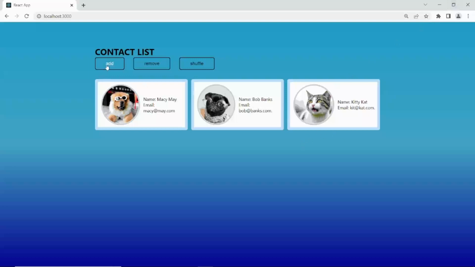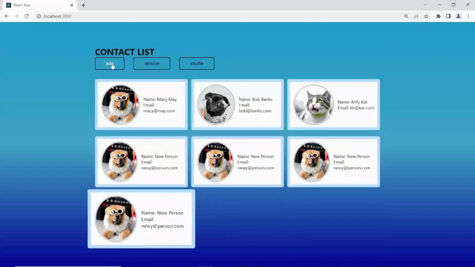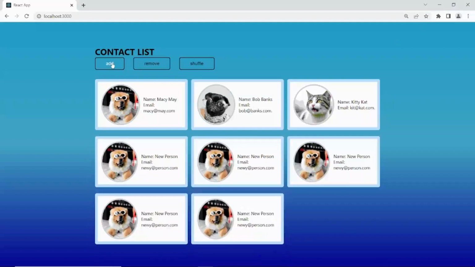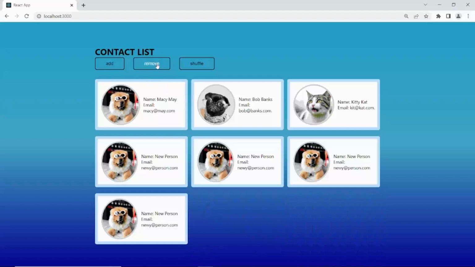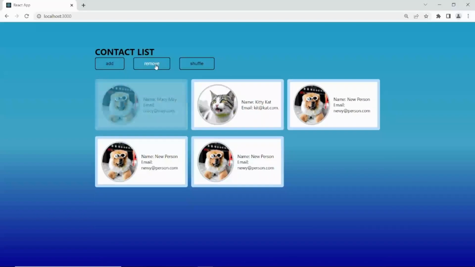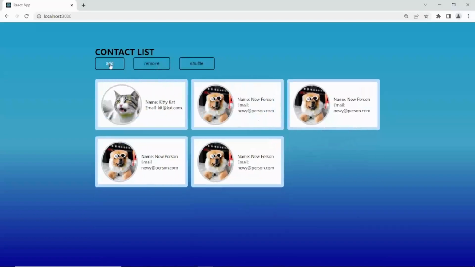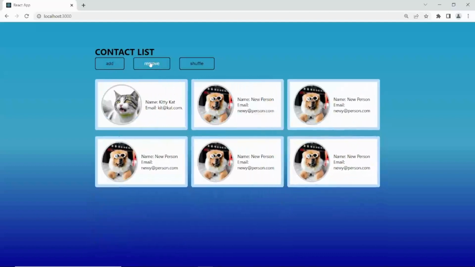If I add more cards to this, it fits in nicely. And if I remove things, it's going to animate nicely as well. As you can see, it's shifting around when you remove things.